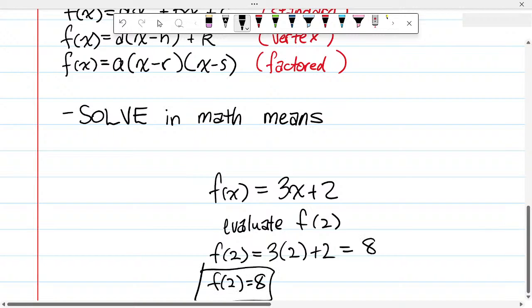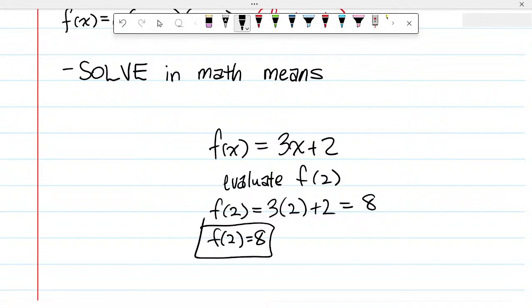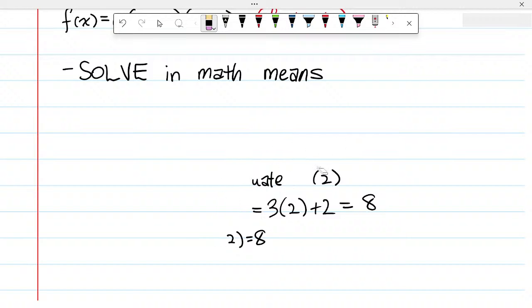Is that solving? Again, in our day-to-day words, yes, but actually in math we'd call that evaluating. We already know the function, and the function is designed to put a number in and give us a number out. So we don't treat that as solving, because we're not figuring something out. We're actually just using the equation to do what it's designed to do. Does that make sense? So we don't call that solving. We just call that evaluating. You could even just say, use the equation. Does that make sense? So solving in math usually means